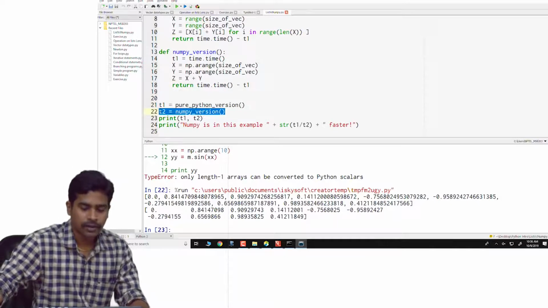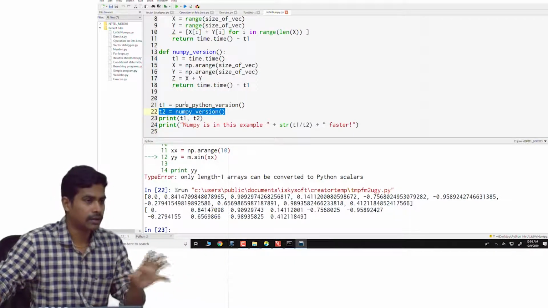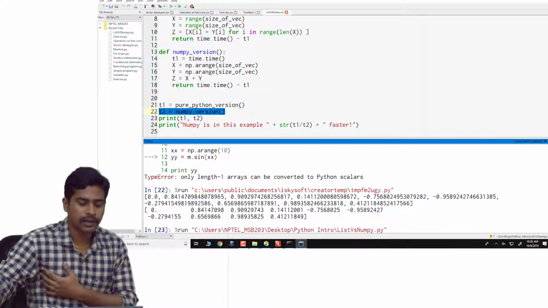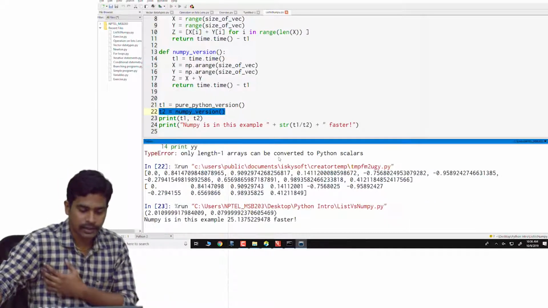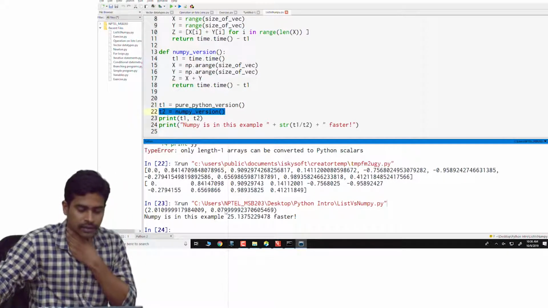I'm calling these two functions and calculating the time each takes when you use just list operations and when you use NumPy. I'll just run the program and hope it will take less time. Yeah, these are the times.